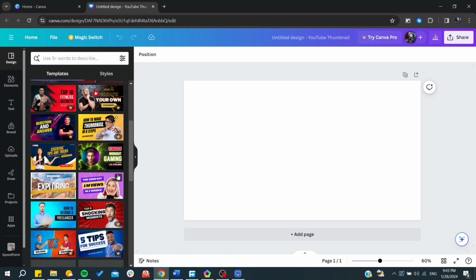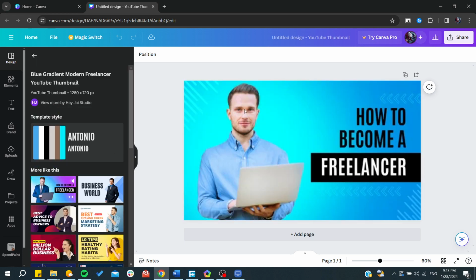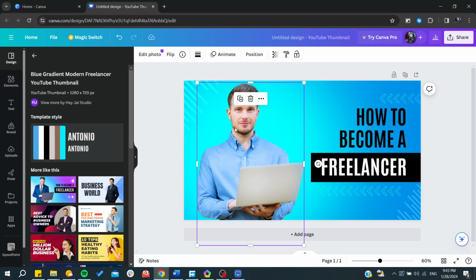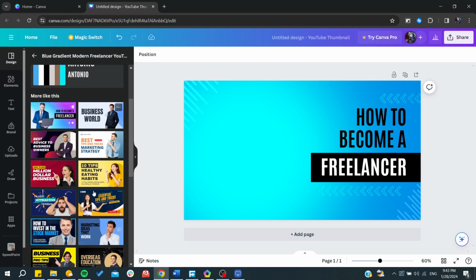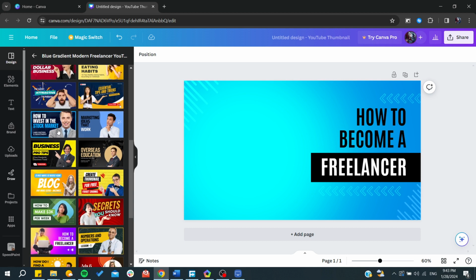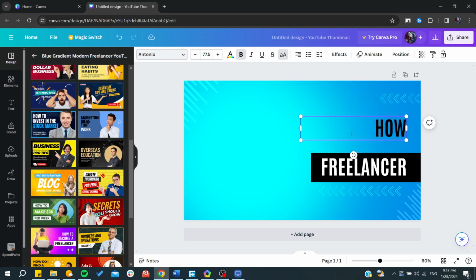Otherwise, you can start taking ideas or collecting ideas from these templates, and then you can start adding your own images. For example, instead of that guy, you can add your own image to avoid any conflicts or copyright issues or anything else. And also you can take ideas from these templates. And basically all you need to do is to add your own text, your own things. For example, how to create a thumbnail,